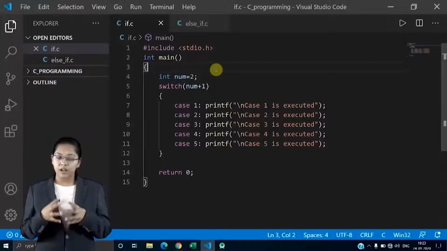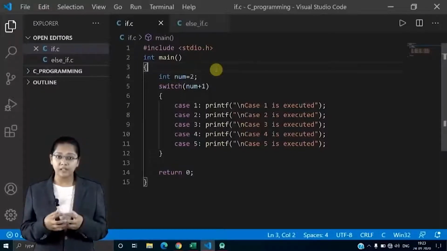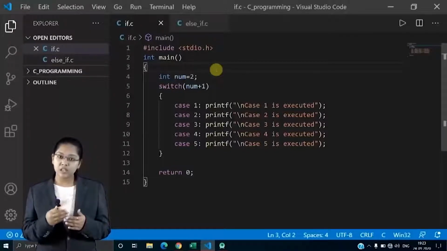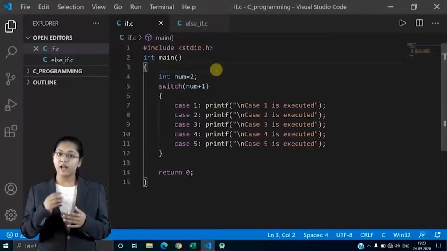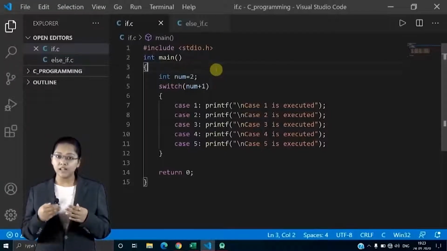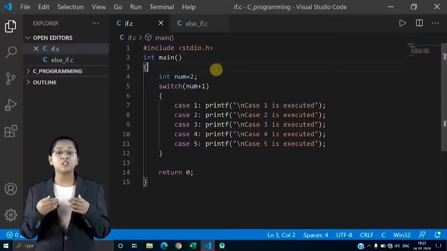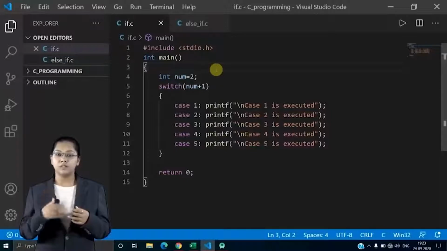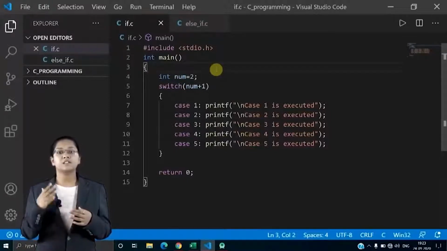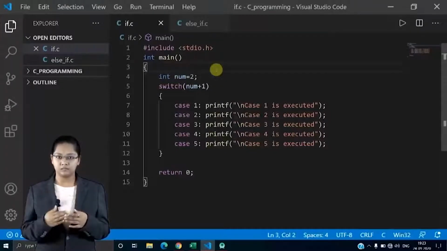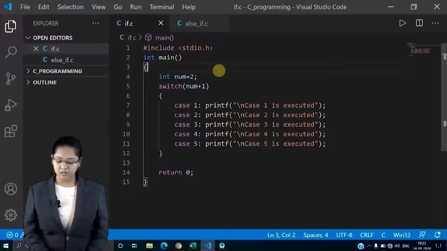Again, what is happening here is, in switch case, I have given an expression. The answer of that expression is coming as 3. So now when it goes inside the loop, it will search for a constant that is 3. The moment it gets it, it will execute the statement written in that case 3 directly. Okay, let's run this code and see what my output is.